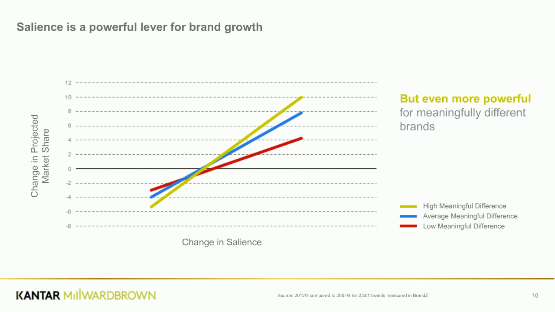And indeed, we can see here with the green line that brands that are strong on the other equity dimensions see an even more powerful impact of growing salience. On average, they grow by twice as much as brands with low equity. So salience can be a really powerful lever for any brand, regardless of how strong it is. And we're going to talk a bit about what things we can do to build salience as brand marketers.